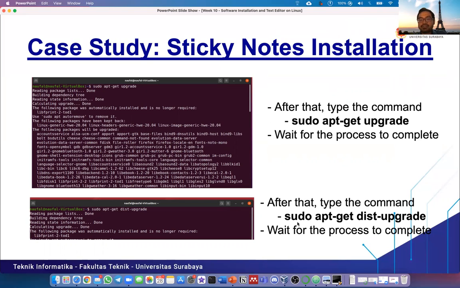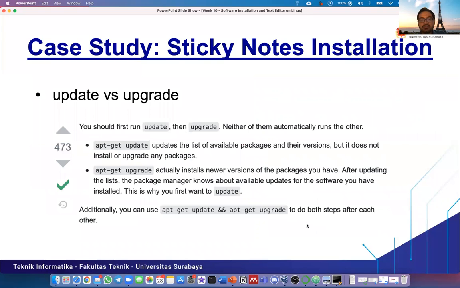And the third command is sudo apt-get dist-upgrade. Okay, what is the function of this command? So actually, this upgrade is for